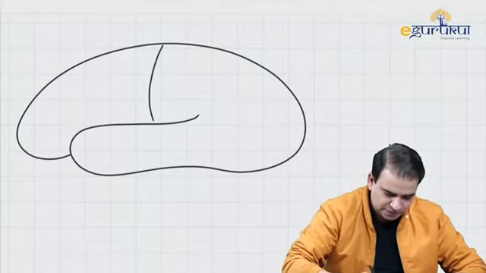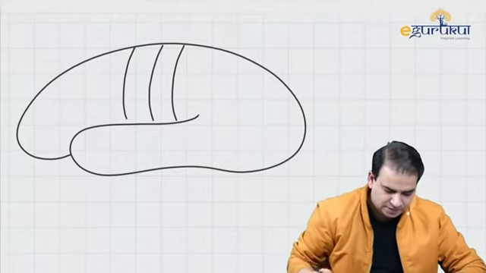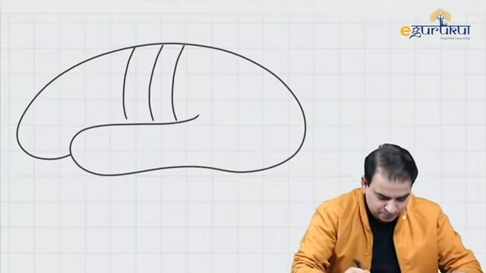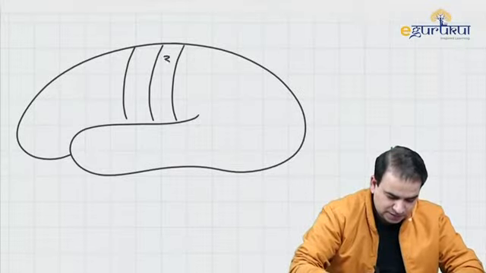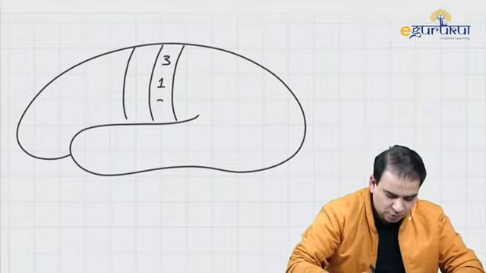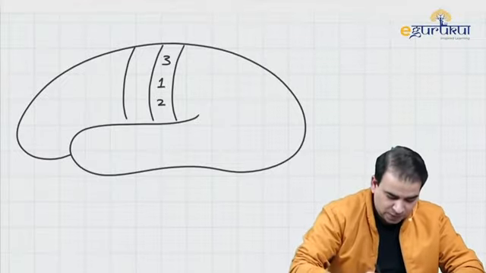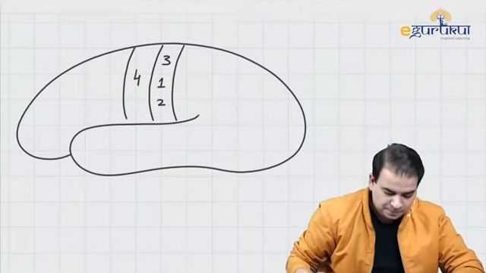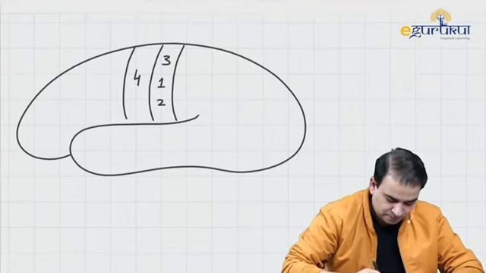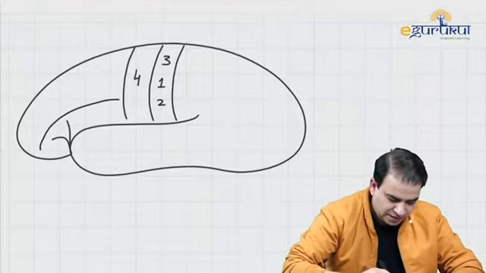The central sulcus, precentral, postcentral gyrus. Now please note that the postcentral gyrus is the sensory area, that is area number 3, 1 and 2. Whereas a precentral gyrus, that is area number 4. If I may draw these extensions of the lateral sulcus which are present in the inferior frontal gyrus,